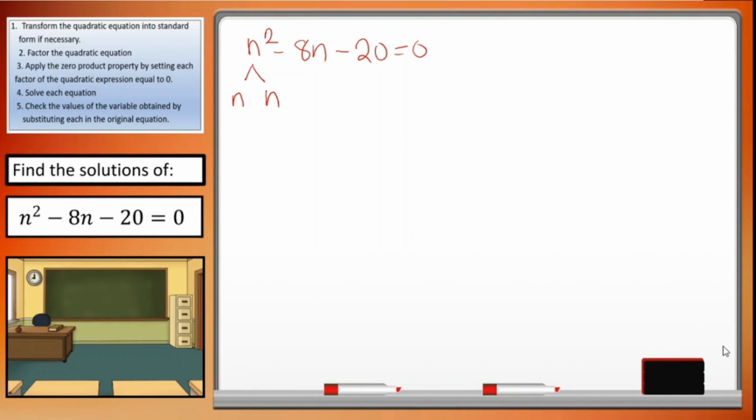Then we'll list all the factors of 20, okay, by writing the larger number first. So we have here, let's say 5 times 4. We also have 20 times 1 and we have 10 times 2. So after we list all the factors of 20, we're going to look for either the sum or the difference